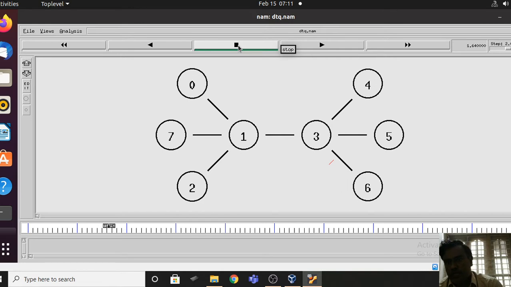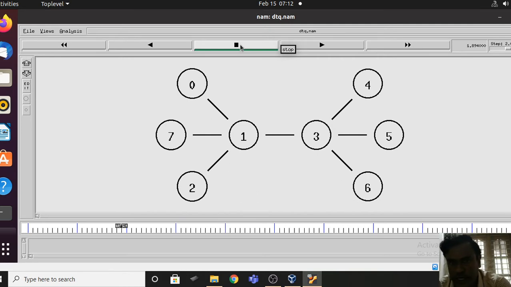Now the time is 1.6. So when it reaches 2.0, the other data transmission will take place. You just continue, click on the play button. Both data transfers will continue their data transmissions.